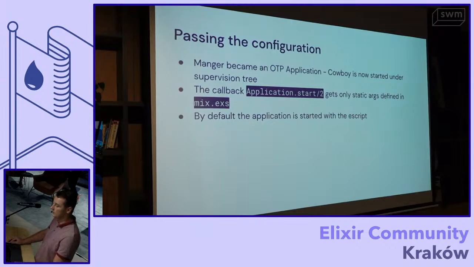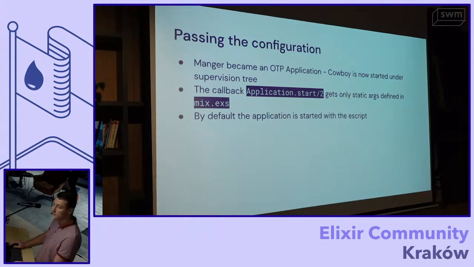So at the moment the code from the main module was executed, the application was already running. So I had no way to pass the arguments. And to work around it, I needed to disable the application and start it manually from within the CLI script, this main function.